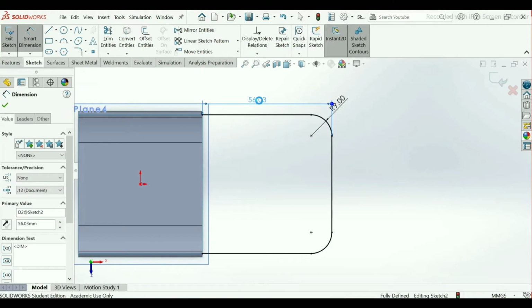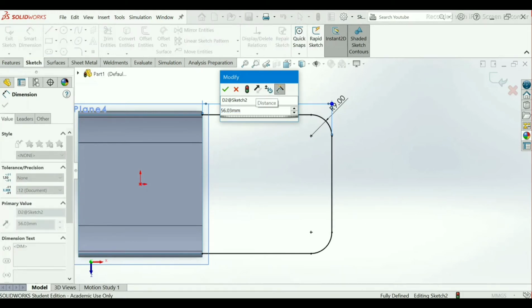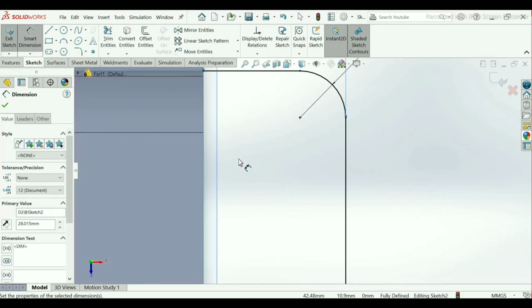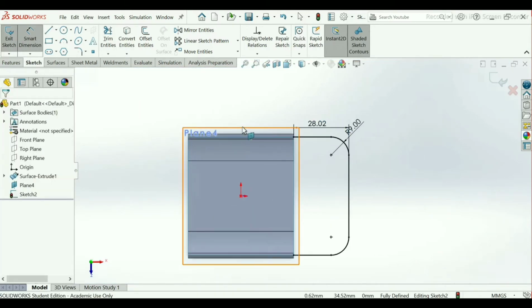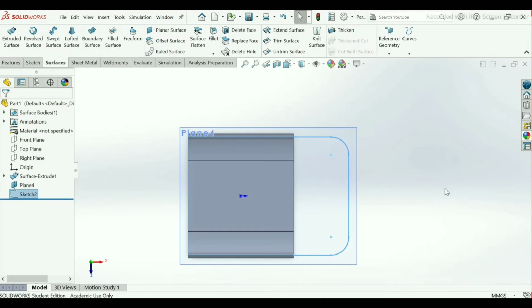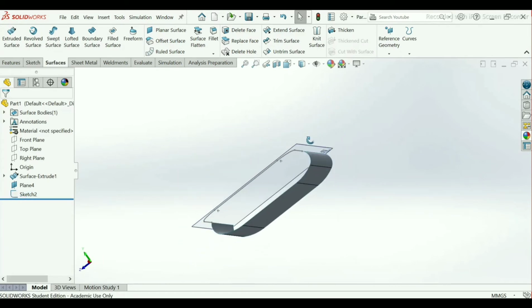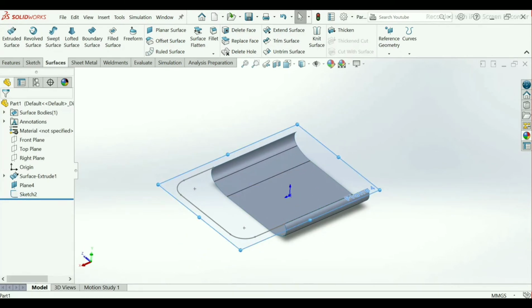Now again take the dimension. This time make 56.03 divided by 2, that is this 28.02 mm. Exit. Now hide this plane.